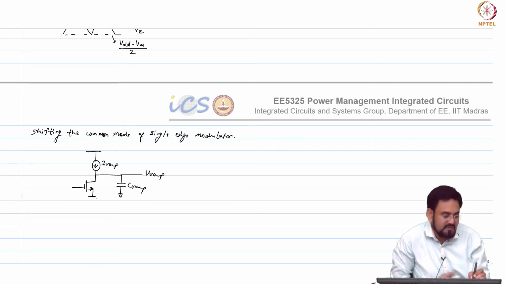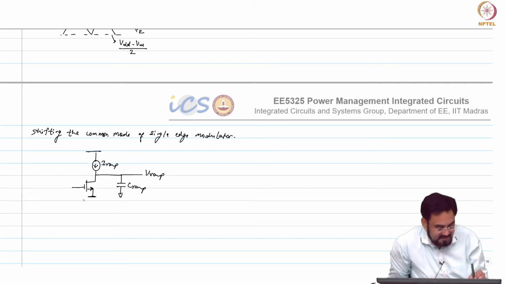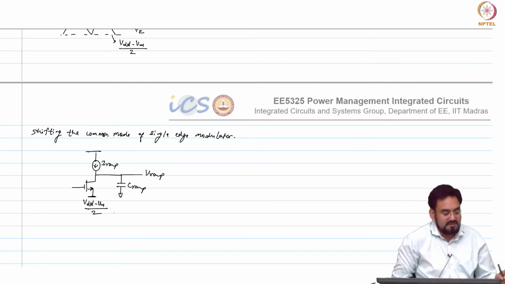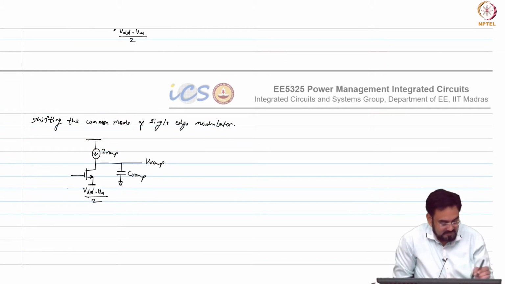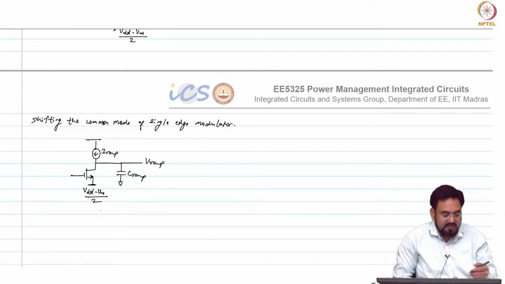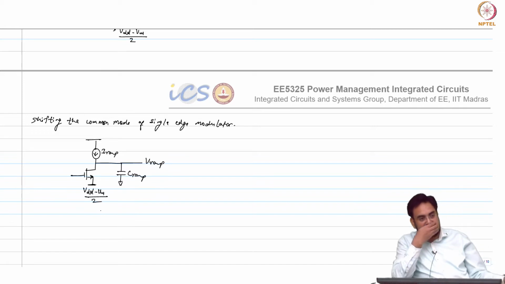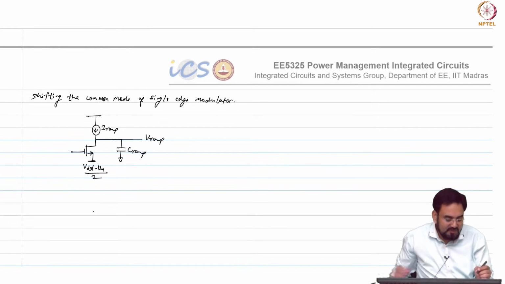So where do we want to keep this? VDD minus VM by 2. So, what do we require in that case? How do we shift this? How do you generate this ground actually? So, one way could be like